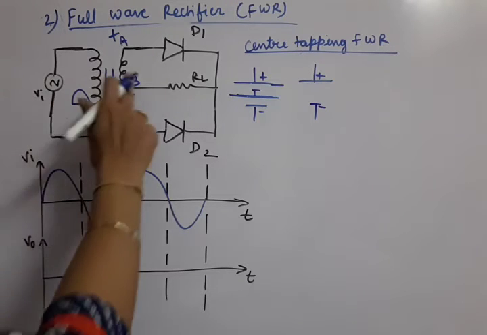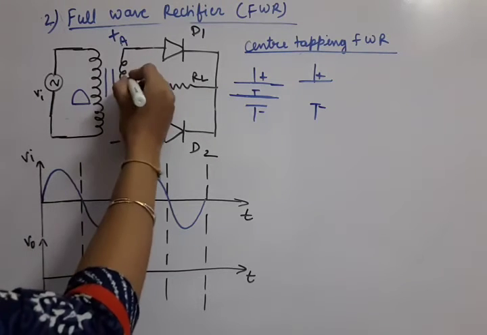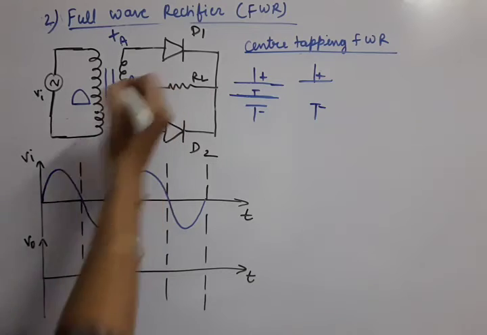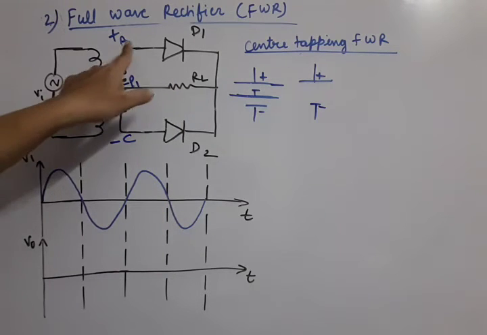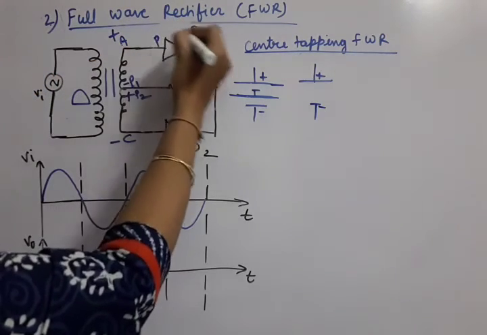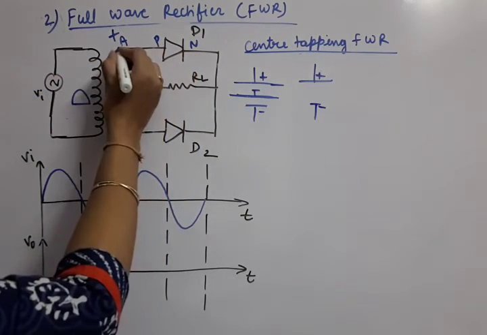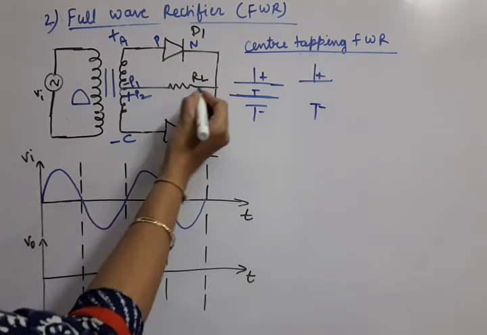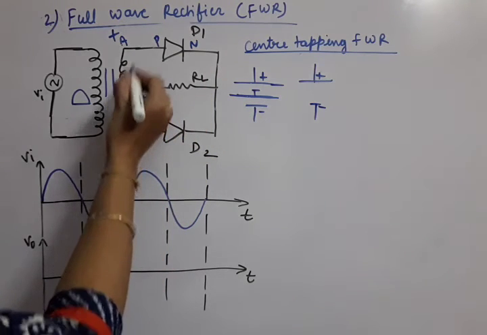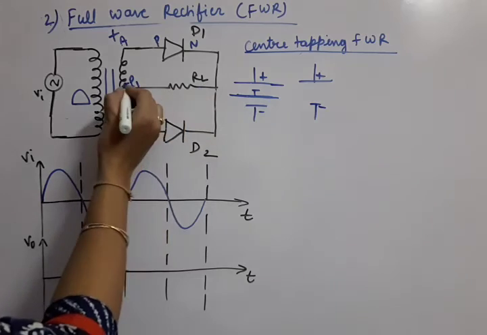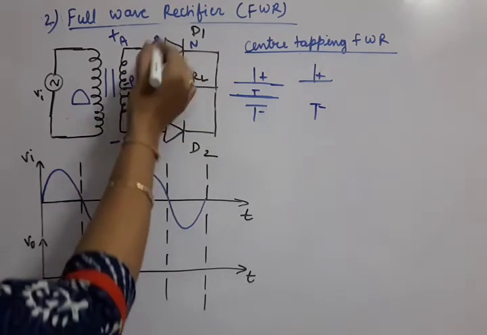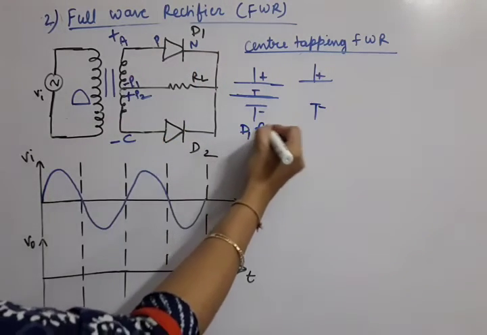Okay, so we can call it now by two names, AP1 and AP2. This way we can call P. Now what the circuit connection is: you can see the P end of diode D1 is connected to positive, and N through the load is connected to negative. So this way diode D1 is forward biased.